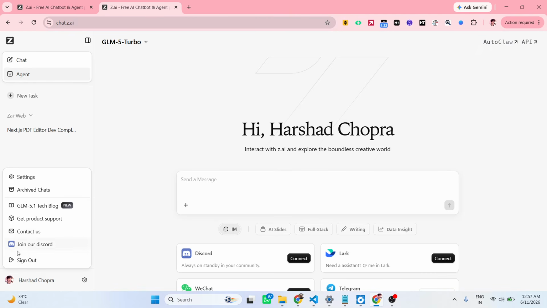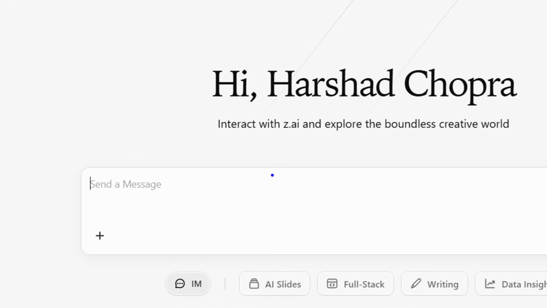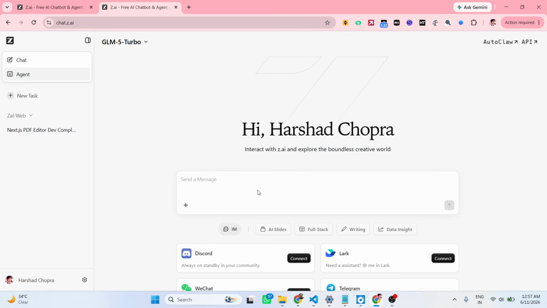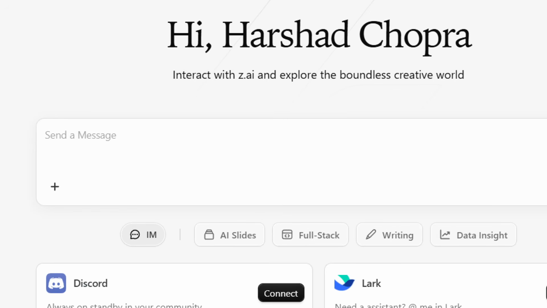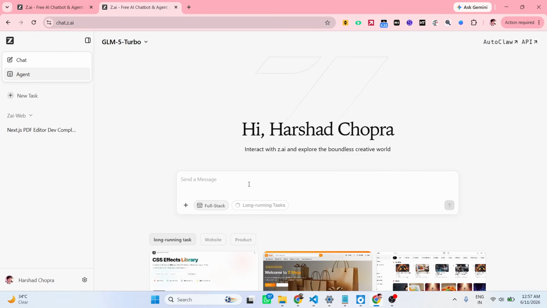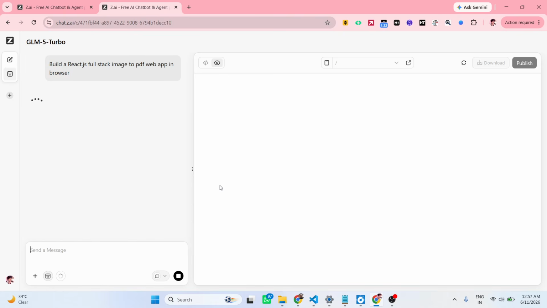I've already logged in using my Google account. Simply log in if you are doing it for the very first time. After you log in with your Google account, directly type what sort of application you want to generate. Some suggestions are also given if you want to build a full stack application. So you can simply tell it, I want to build a React.js full stack image to PDF web app in browser. Now what it will do, it has its own AI editor similar to VS Code, where it